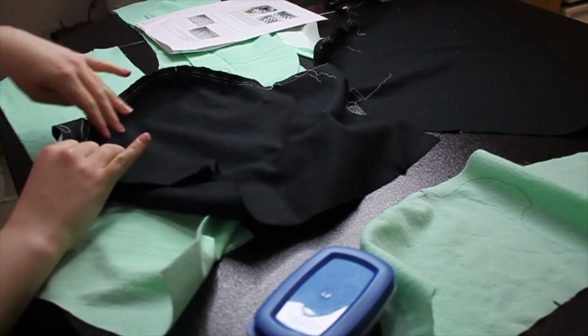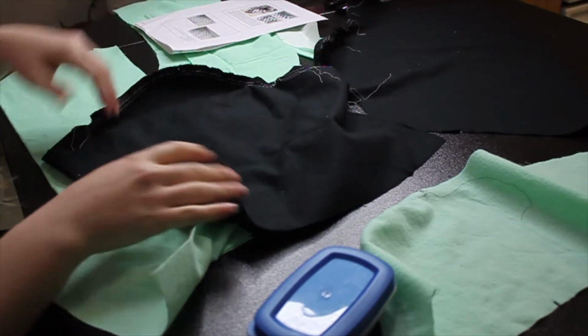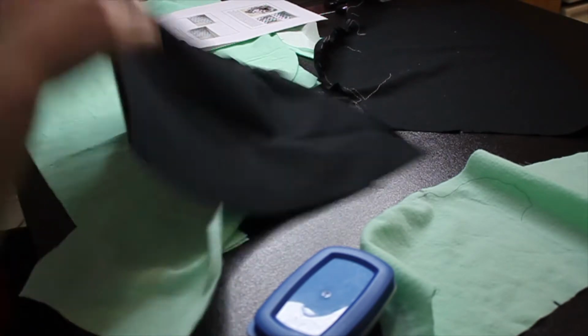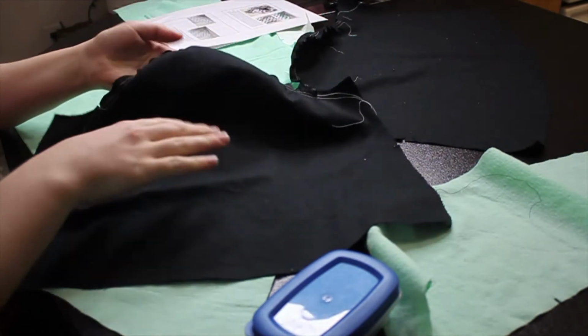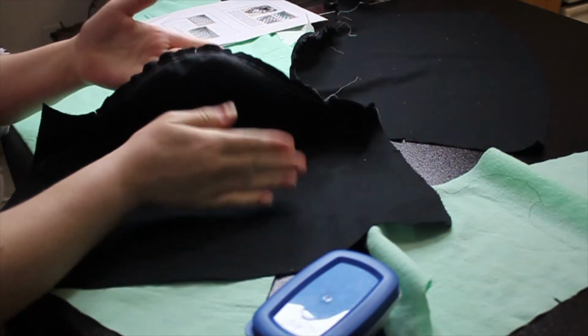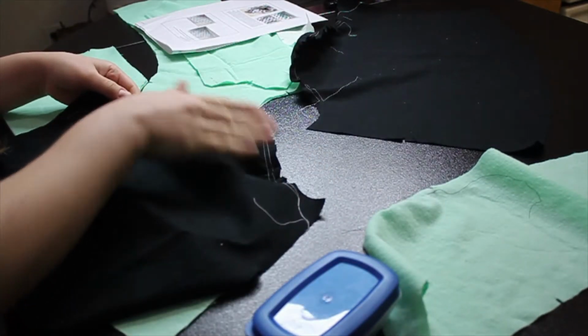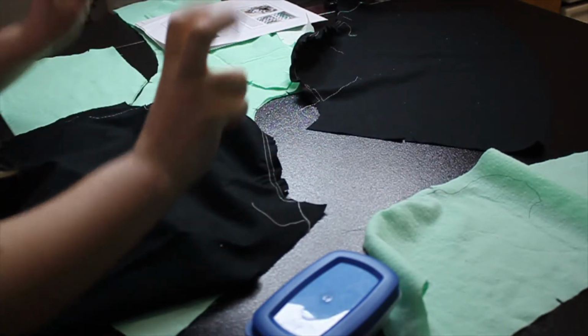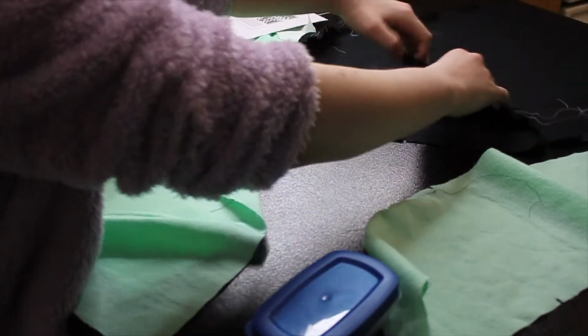So there should be just a small, slight cap on both of those, and the cap should be going to the inside. So this is the outside of my fabric, it's capping on the inside, and you do that by pulling the strings that are on the top right side of the fabric. So now that I've done the ease stitching,